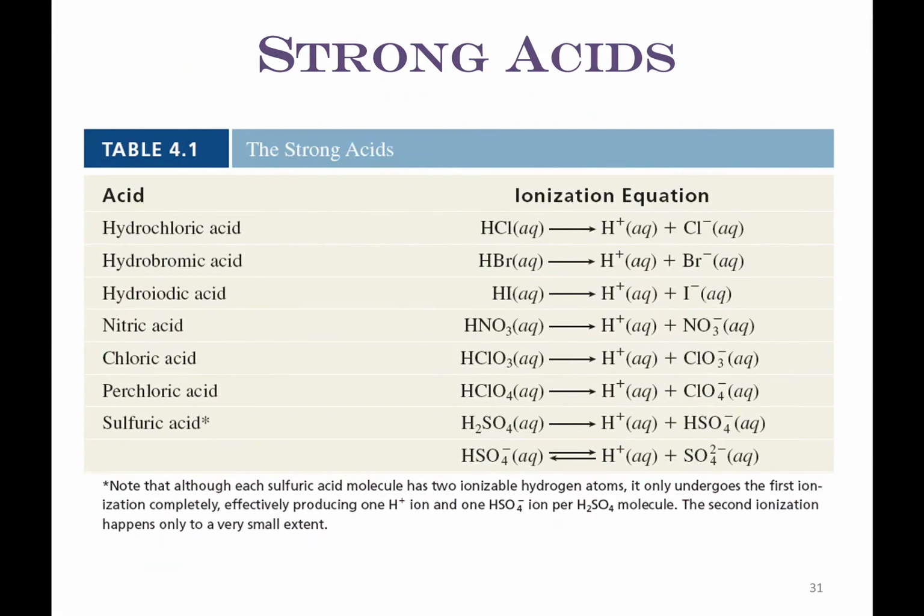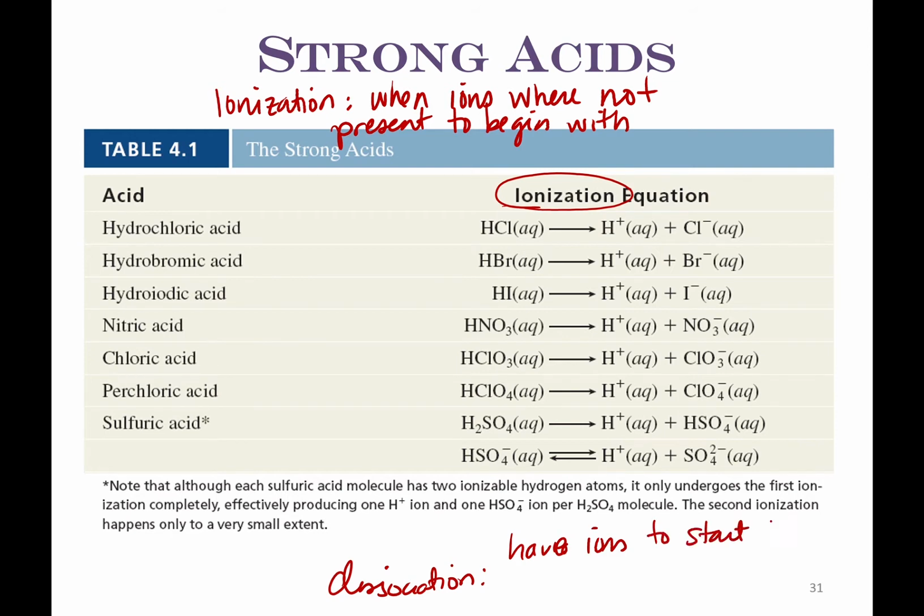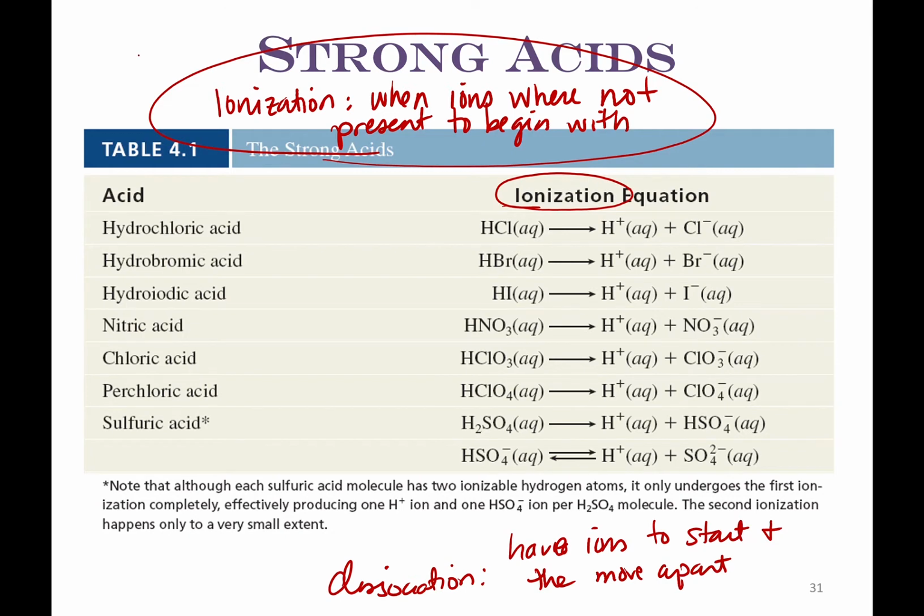It just shows you these are ionization equations. Ionization happens when ions were not present to begin with. So dissociation, we had ions to start, and they move apart. They separate. Ionization is what happens when we have a covalent compound